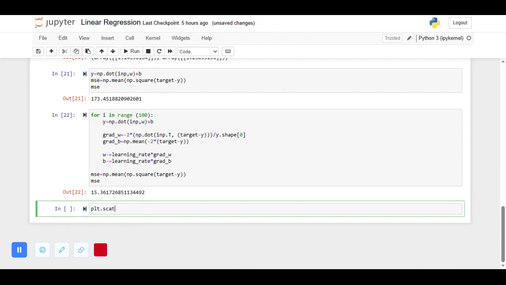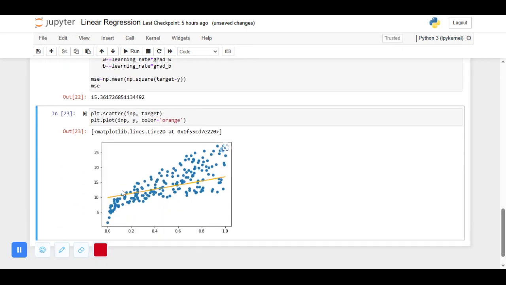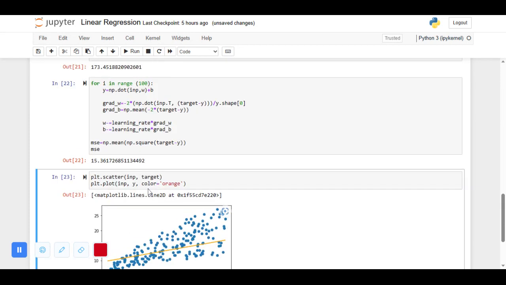figure for predicted, and first let's plot the scatter of the values of input and target. Then let's plot a line of the input and the predicted values. Okay, so let's give it a color of orange, so not to mix between these two. So now these are the dots, the values for the input and the output, and this line is the regression line which we have taken using this equation. So you can see that the line hasn't fit well,